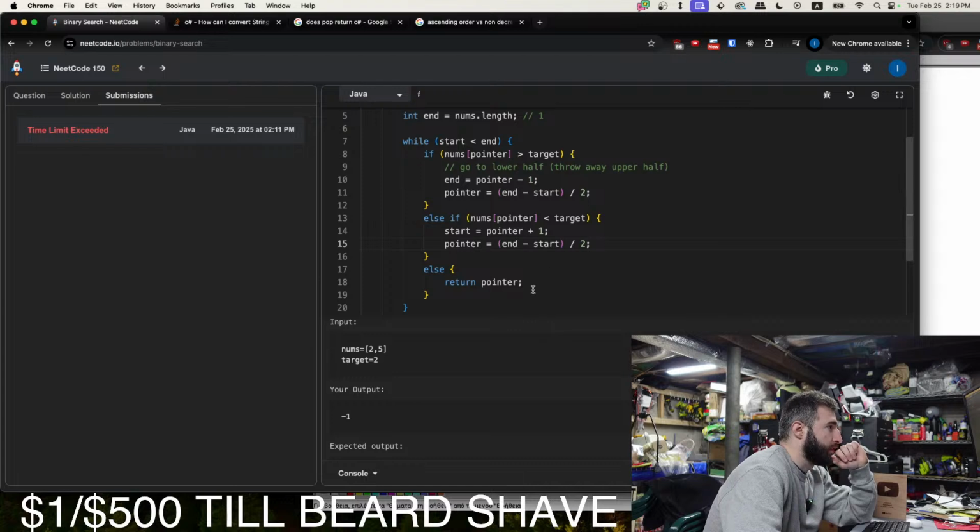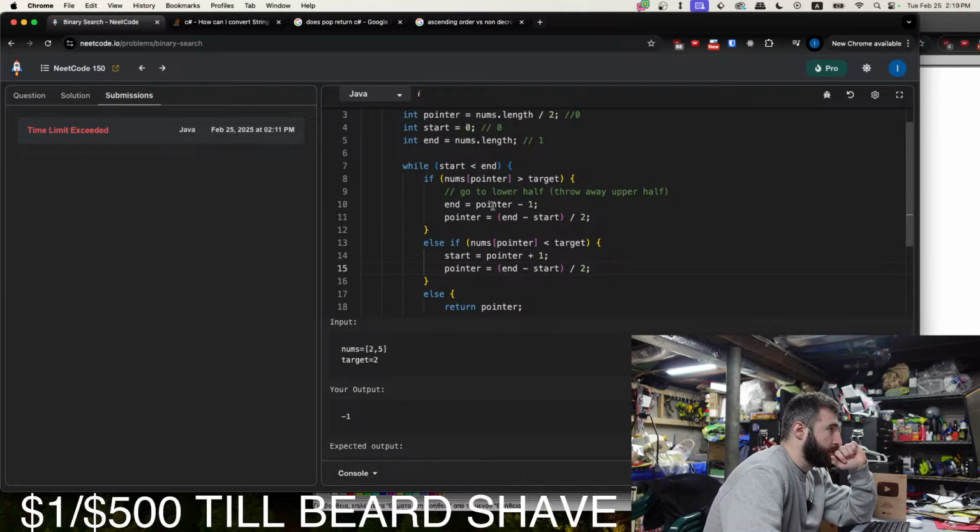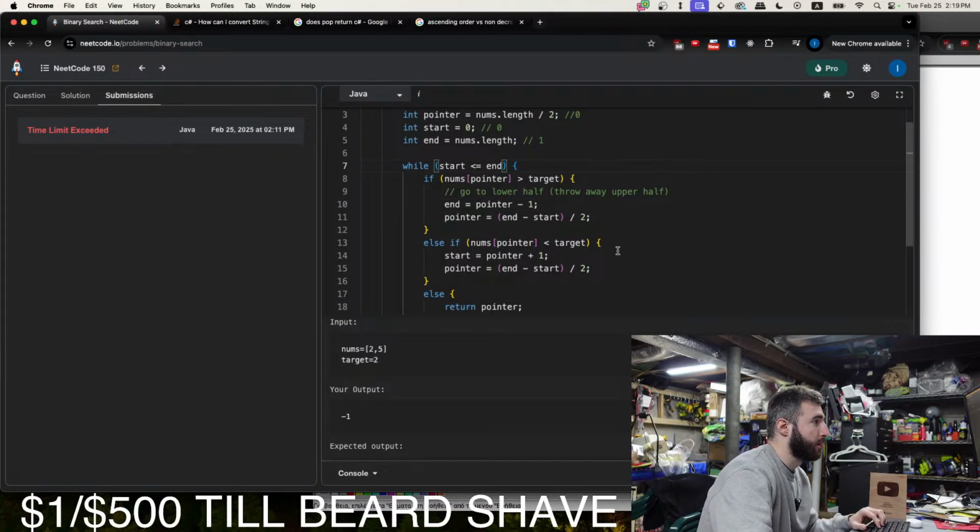Okay, but still we set n to 0, so n pointer. While start is less than or equal to end.